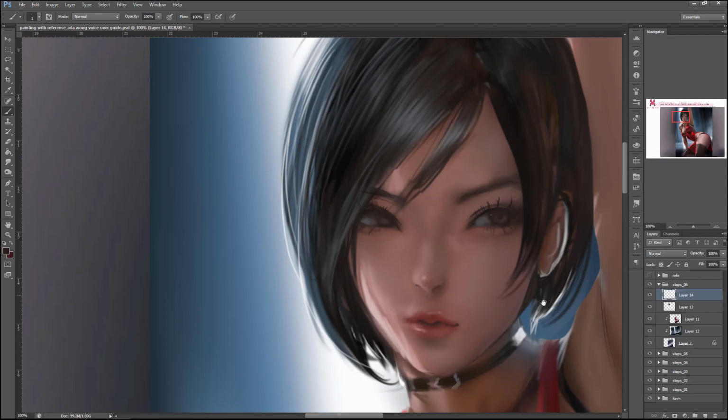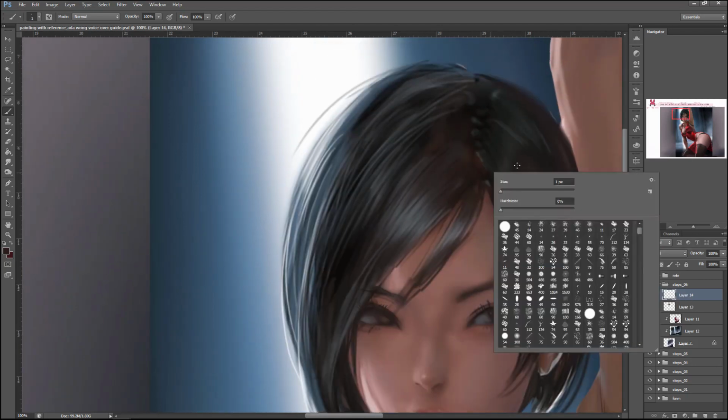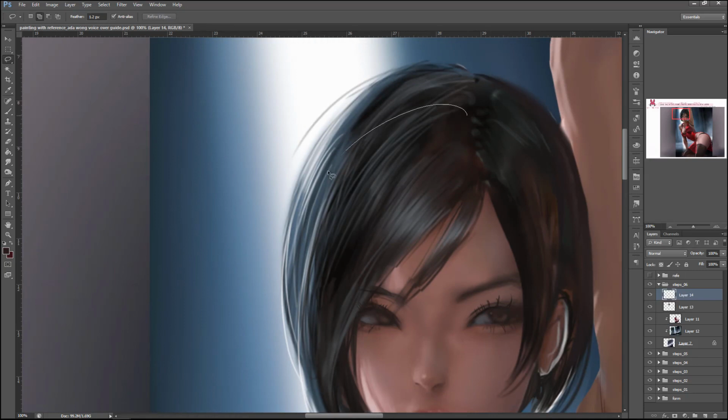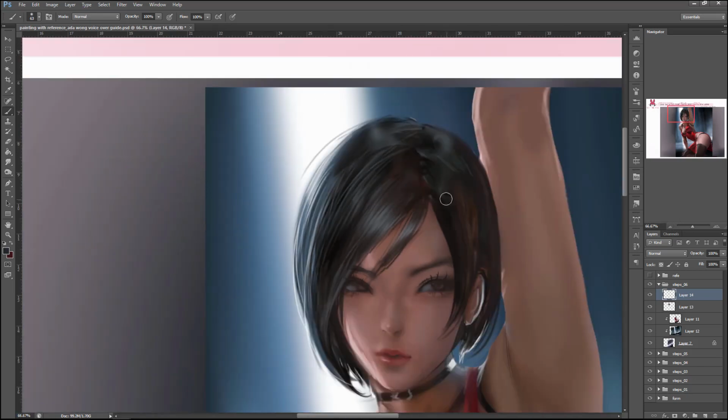Yeah, I think it works a bit better. And in addition to that, I'm going to work on the hairstyle a bit. I'm changing it slightly. I'm going to reduce the details by a small amount,